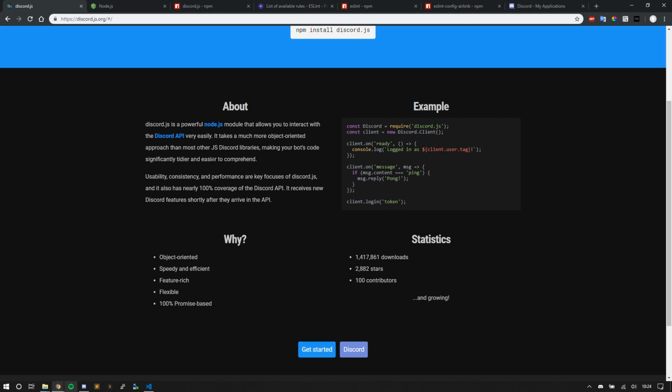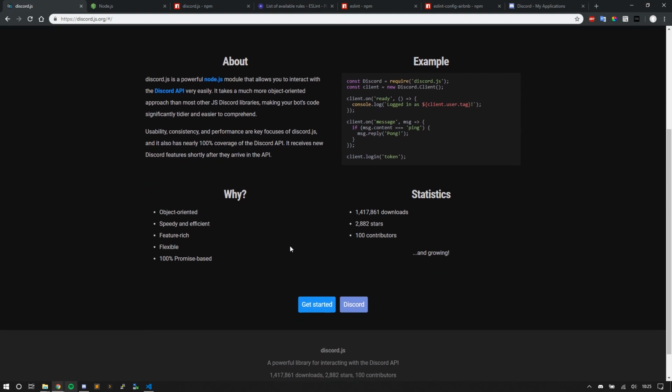It receives new Discord features shortly after they arrive in the API, and the developers are constantly working on the library. And just some statistics over here: it has over 1.4 million downloads, 2,882 stars on GitHub, and 100 contributors, and it's still growing.